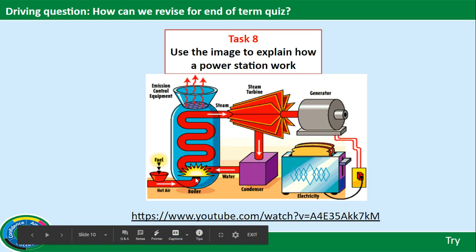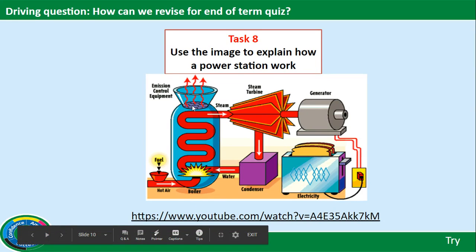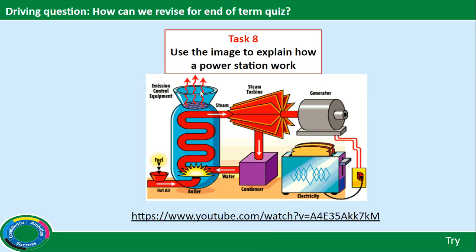Coal is going to be burnt, and that burning of coal will produce heat and steam, and it's going to allow water to boil, and that steam is going to start being produced. The steam being produced will be able to push the steam turbine, and the steam turbine will then activate wires in a generator to therefore produce the electricity